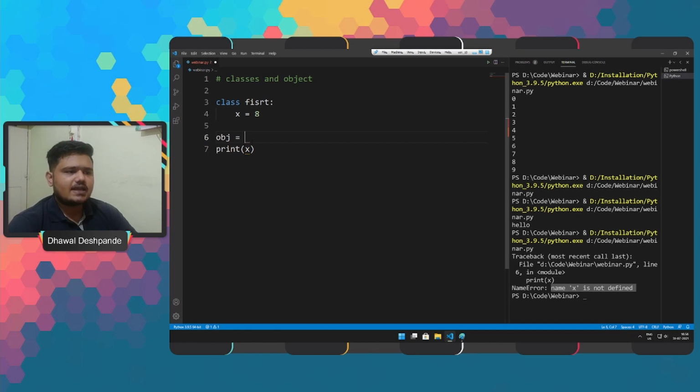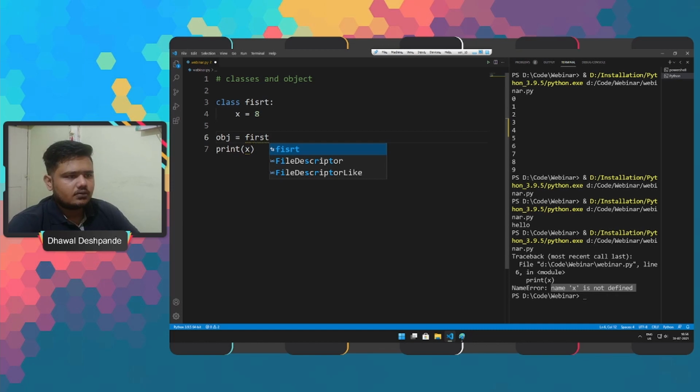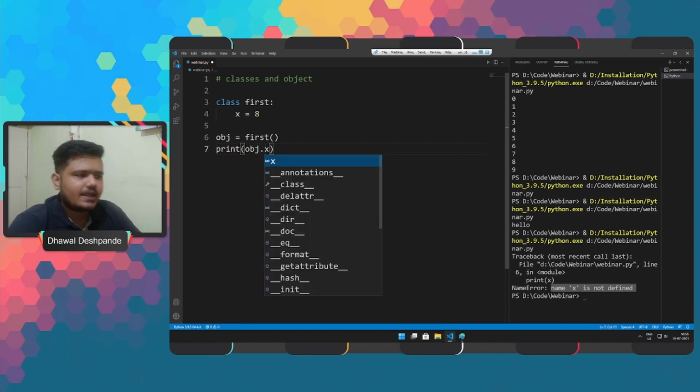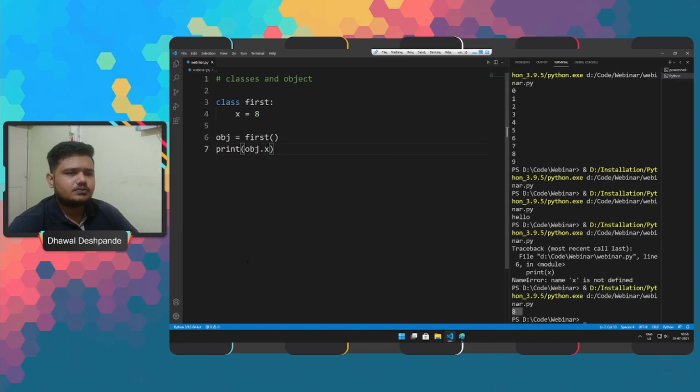Here the class name that I have is first. To access the variable, I first call the object and then the variable, and when I run, I'll get the answer. So this is the basics of classes and objects in Python.